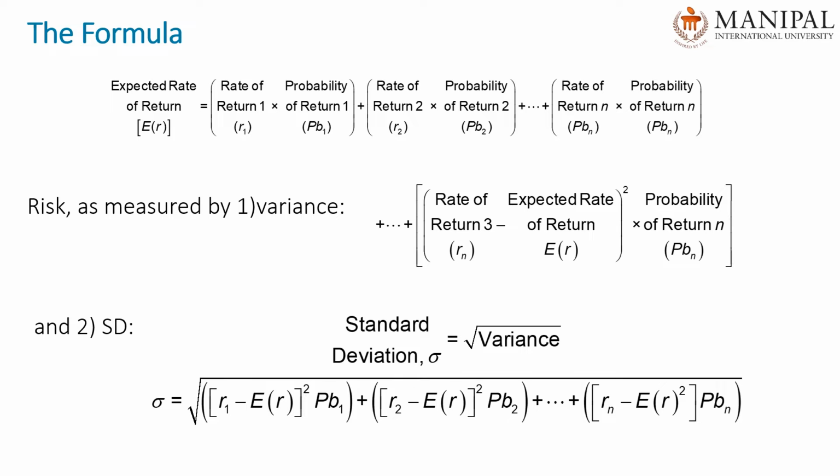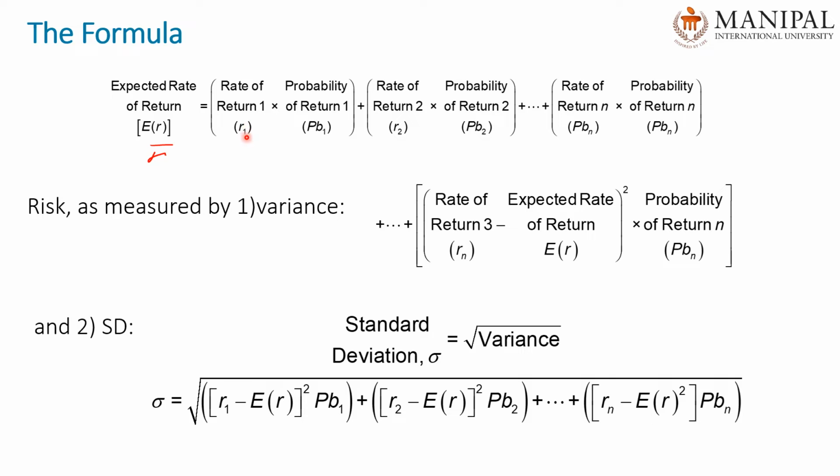So the first formula is for us to calculate expected rate of return. So this is a formula that we use for expected rate of return. E is expected, R is return. In some references, we can also use R bar, especially in the calculation of risk and return. R is rate of return